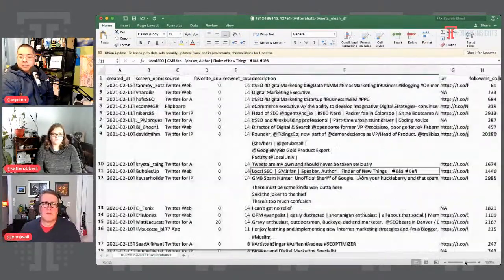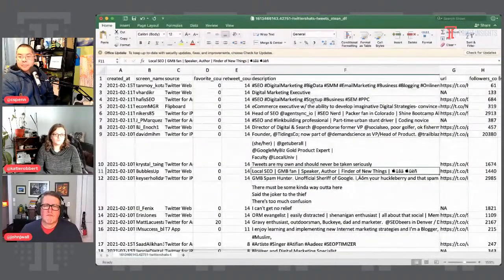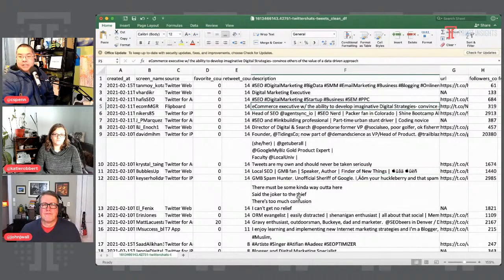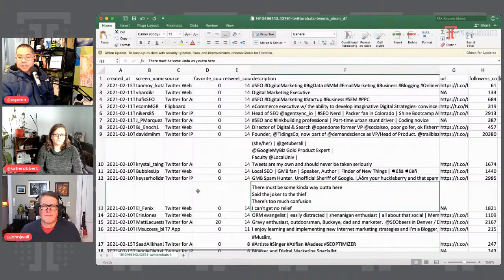amount of stuff that you could make those decisions on. So when we look at some of these bios, some of these people might be okay, like e-commerce executive, that person might be okay. Head of SEO at this company might be okay. Person here with lyrics from Bob Dylan's Watchtower, maybe not as relevant. We don't know, but